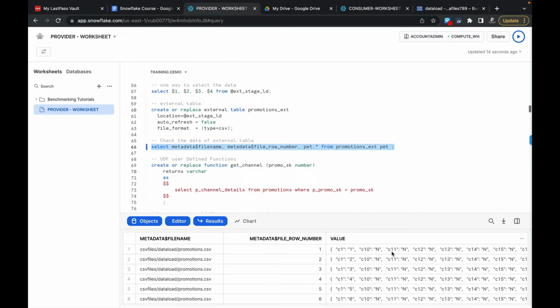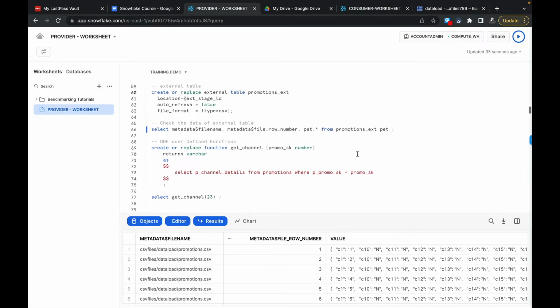The external tables are created by using this value and by generating the different columns if you really want to. You can read about this in the Snowflake documentation, but I am showing it here for the purpose of sharing it to other accounts, like data sharing. So our external table promotion_ext is ready, and now I will create a user